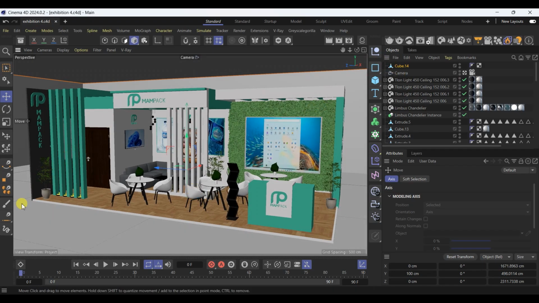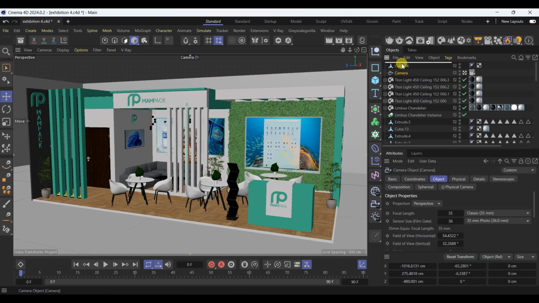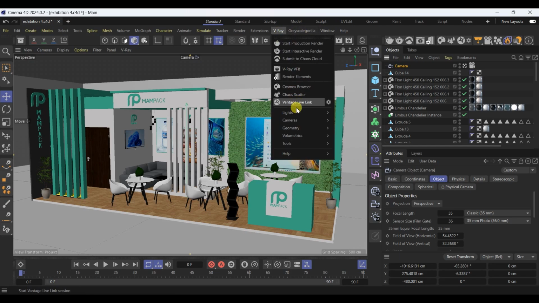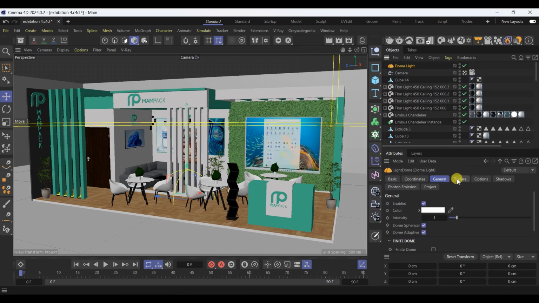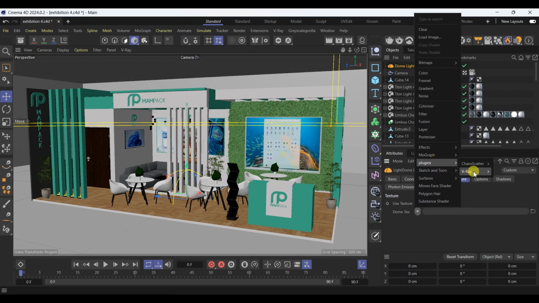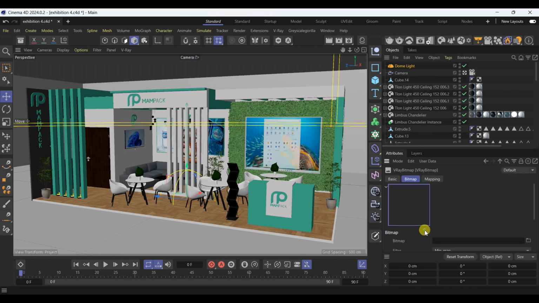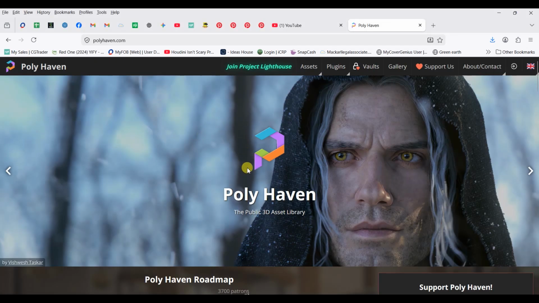Okay, so we now already have a camera. We need to create the dome lights that we'll use. So we'll come to textures, plug in V-Ray, bitmap. So we need to drop an HDRI here, and we can do that using one